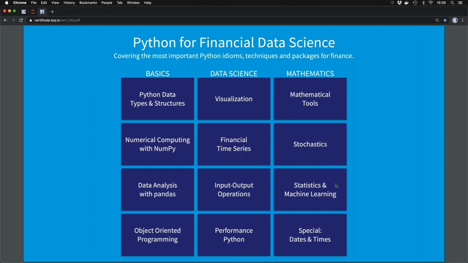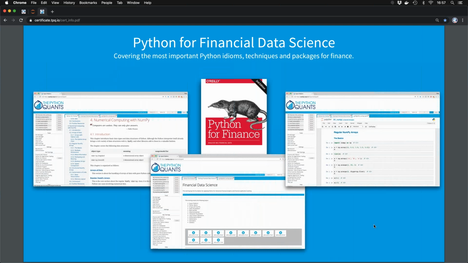Then we have the mathematics column here with mathematical tools and stochastics that we cover. Stochastics is where I'm coming from. This was one of the first areas I used Python for: Monte Carlo simulation and the pricing of American options, making use of least squares Monte Carlo simulation. This is what I got started with back in the day, quite a few years ago. But these days, it's also more statistics and machine learning for me, which is in this part. There are two sessions, and then we have a special part on dates and times, because dates and times are so important in the financial spheres. It's a separate part and an appendix in the book.